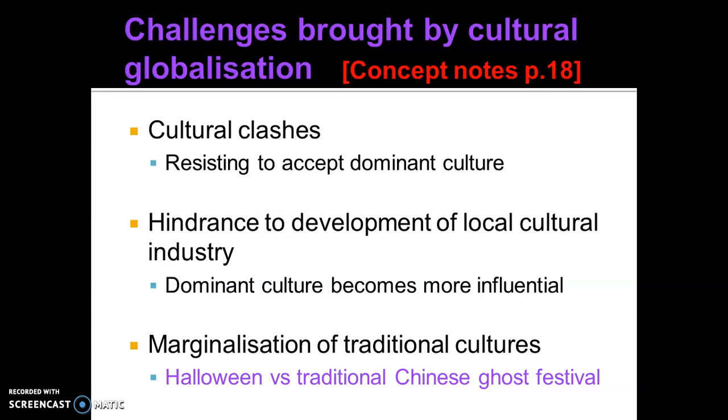And also this would cause marginalization of some traditional cultures. People only look at the Western ones and ignore traditional cultures, such as Halloween versus the traditional Ghost Festival. Halloween, everyone enjoys. They buy things, consumerism. A good festival, okay? But in the traditional Chinese Ghost Festival, people are burning paper offering items. Who can make a profit from it? Without any profits, no commodification, so people only celebrate Halloween instead of the traditional Chinese Ghost Festival.